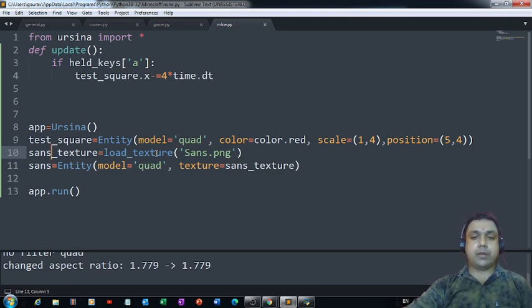Fine. Okay. Now, let me just tell you something. Professionals generally bifurcate these two lines of code like this. If you want, you can eliminate, you can remove this line of code. And what you have to do, if you don't want to use this line of code, you can simply come down over here, and in this texture,